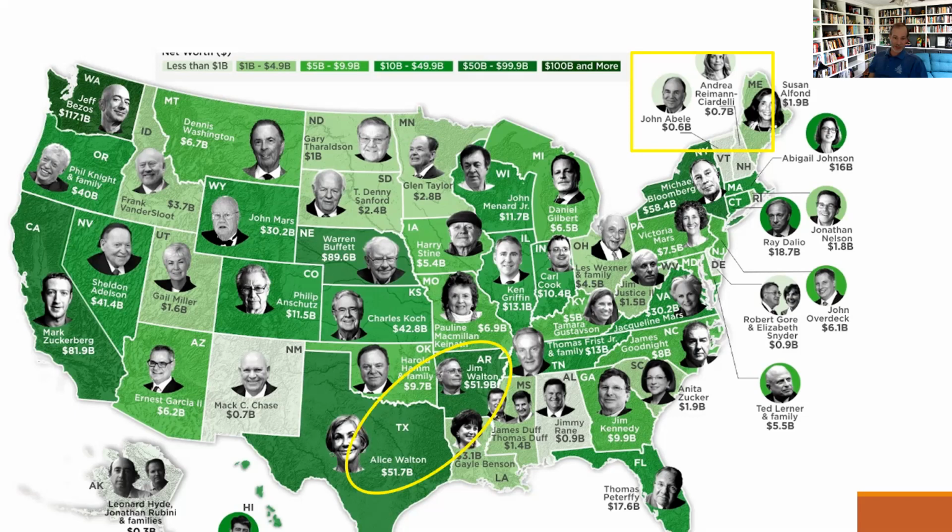The Waltons, Alice and Jim. When the founder of Walmart, of the Walton family, died, the kids got all the money, and they divided it equally. So the Walmart folks are worth a lot of money. Okay, John Mars. If you don't know where John Mars got his money from, it's the Milky Way. It's probably his grandfather or something who invented the Milky Way, and they own the Mars chocolate company.